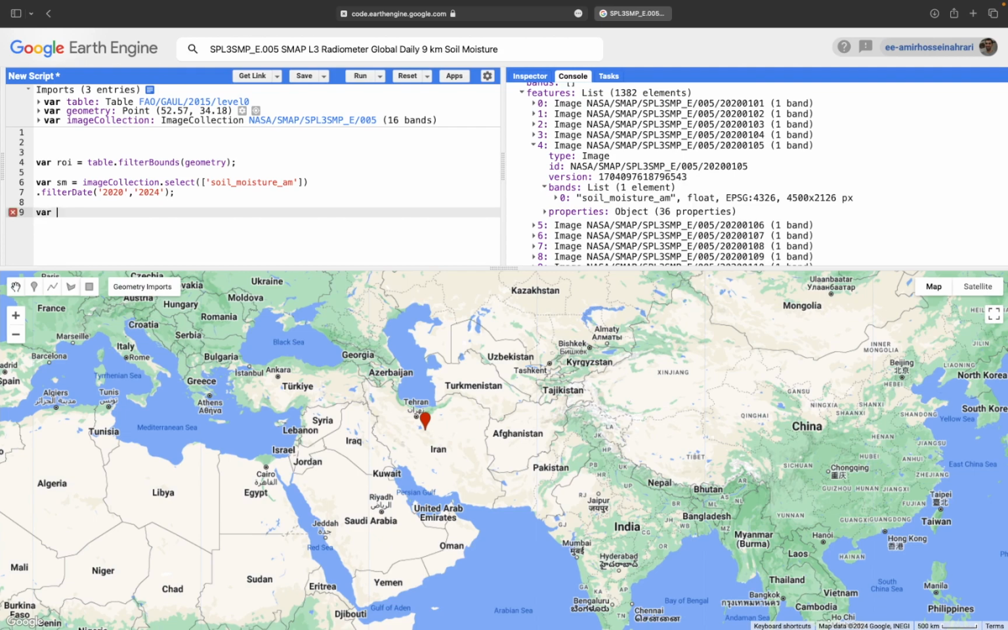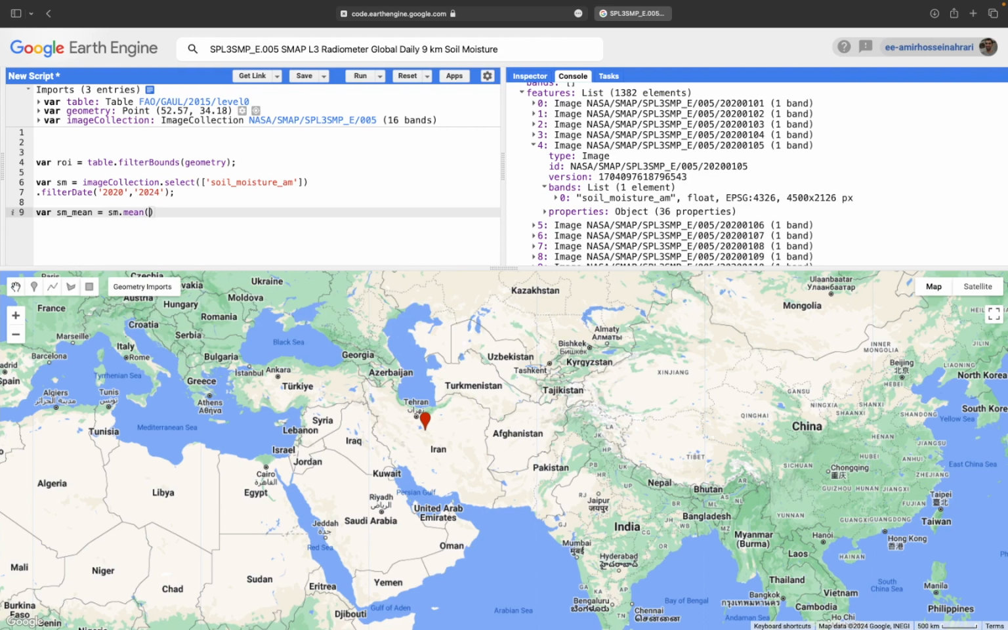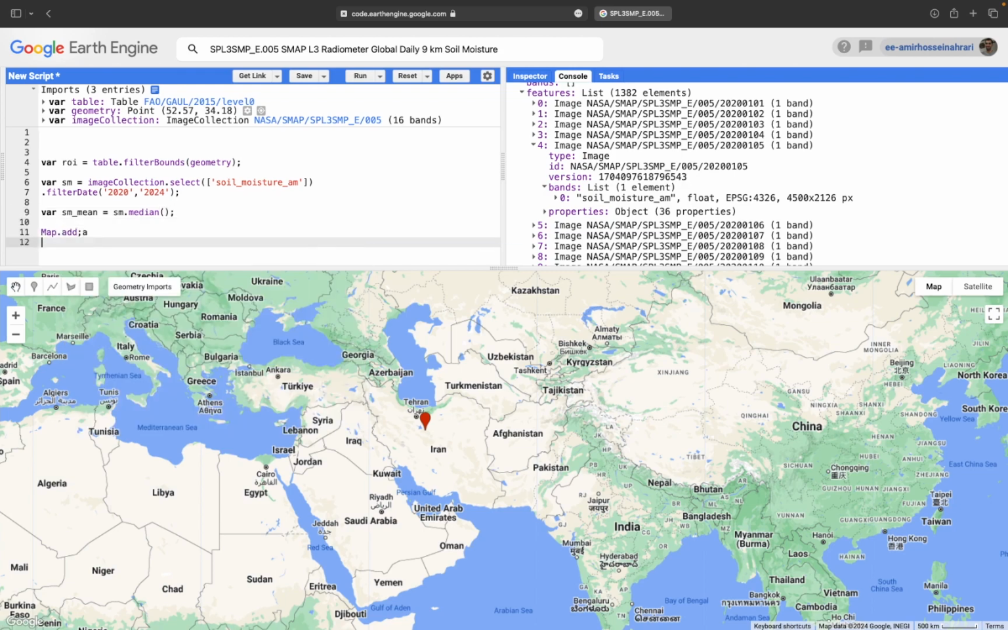Make a new variable here. For example, I want to make an average soil moisture map for my country. Soil moisture mean equals get all soil moisture images and calculate the average value. If you want to avoid extreme high or low values in the computations, use the median for getting the average. It's more useful. So get the median,